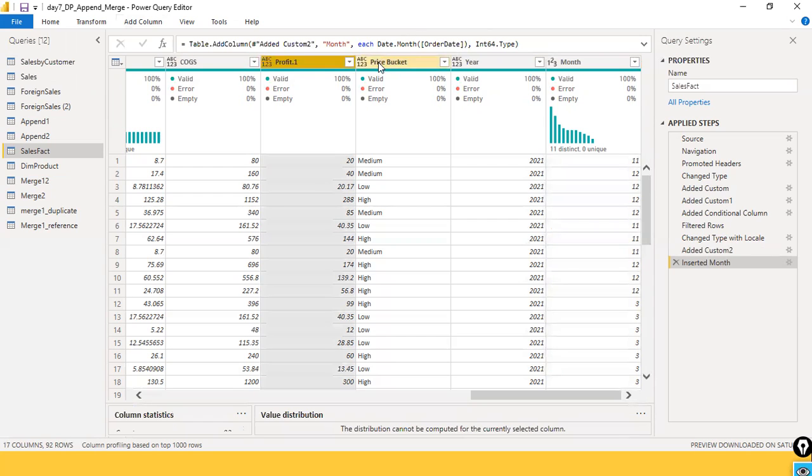Okay, and so they'll ask you in the interview, what is a custom column, what is a conditional column, what kind of logic did you use in the conditional column, and why did you create custom columns. These columns are required because you wanted to find month on month sales, and create a report which shows month on month and year on year sales performance. And again, price bucket wise, you want to find which price bucket got more profitability,